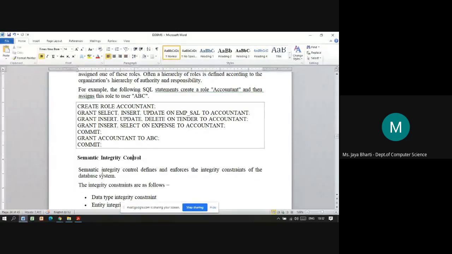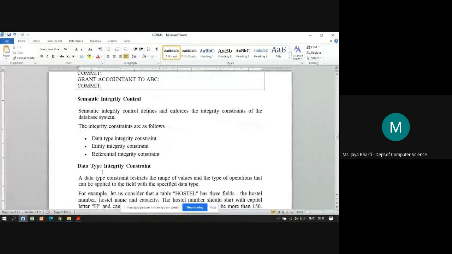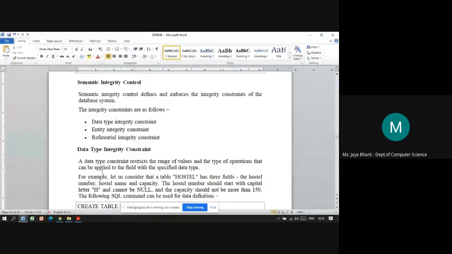The third is semantic integrity control. Semantic integrity control basically enforces the referential integrity constraint of the database. Now, what is a referential integrity constraint? I think we had discussed it in the previous lectures.